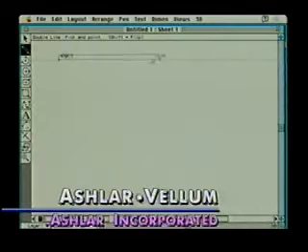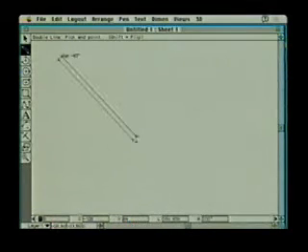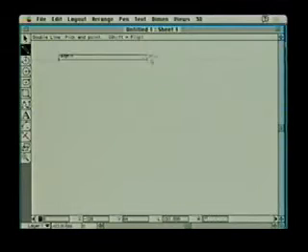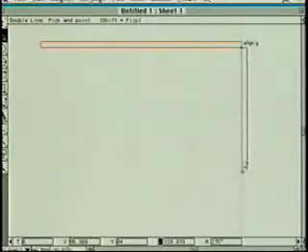As soon as I get near horizontal, it happens automatically. The same thing happens at 45, and the same thing happens at 90. So I don't have to hunt or do extra commands. Those things just happen. Now the Smart Wall tool is real nice because when I pull down a second line,